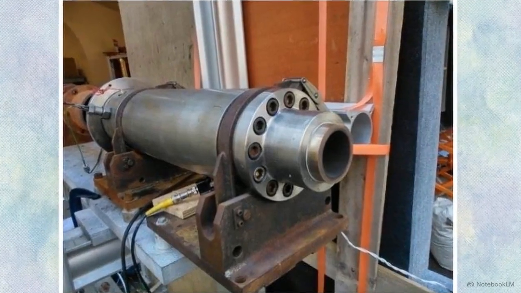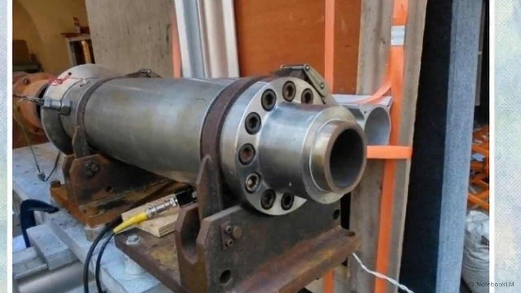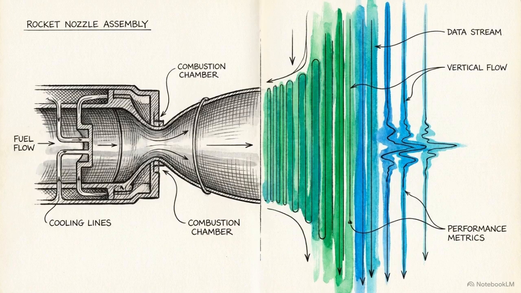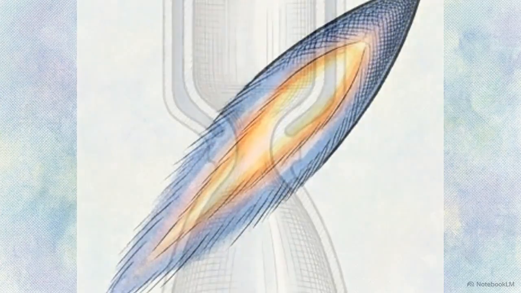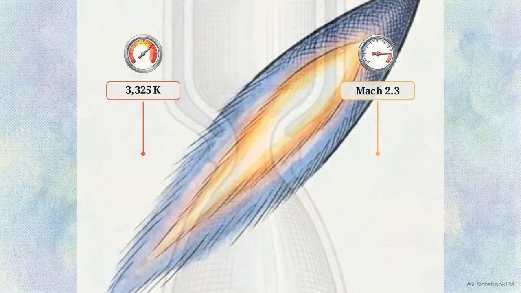This is the Moser solid rocket motor. Operating on a test stand at a chamber pressure of 22.5 bar, it serves as the physical baseline for evaluating multi-phase flow simulations. At the nozzle exit, the macroscopic flow conditions are extreme. The centerline velocity reaches Mach 2.3, while the internal chamber temperature peaks at